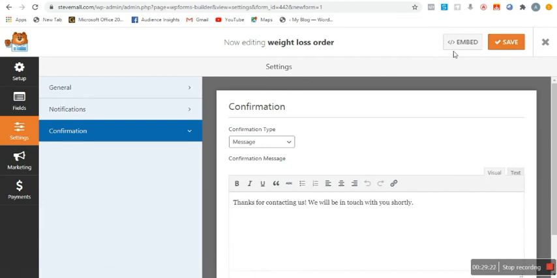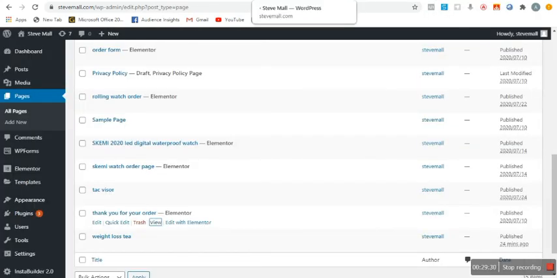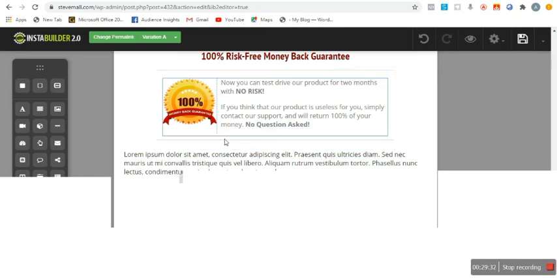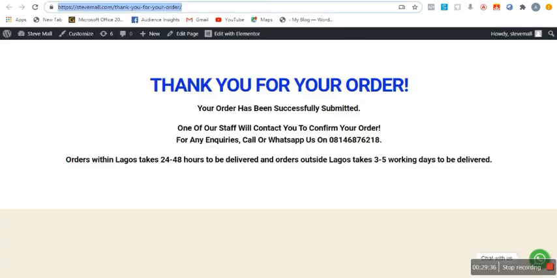So once you hit save, now you want to put this form on your website. You know this form is not on your website yet. So we want to put this form here so that people can fill it. So what we do now is